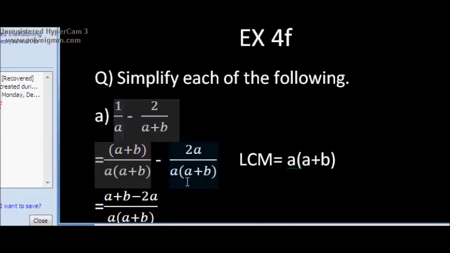Now in the second fraction, A plus B is already given in the denominator, but your LCM is A into A plus B, and you want to change your denominator into your LCM. So here A is missing, so you will multiply and divide with A. And then in the next step,